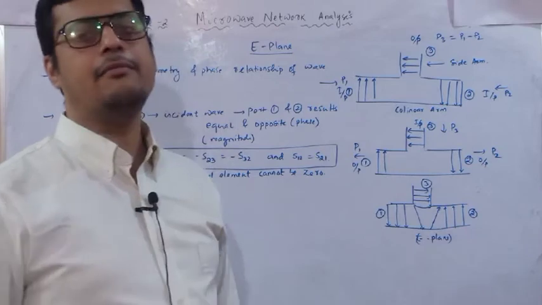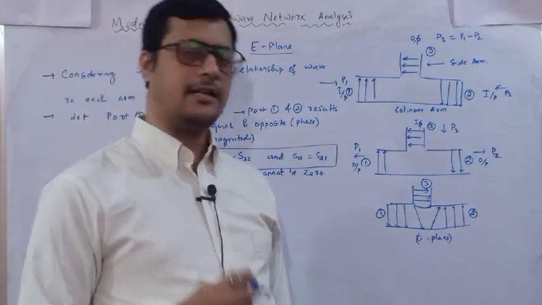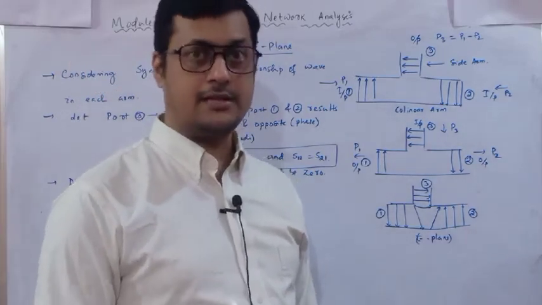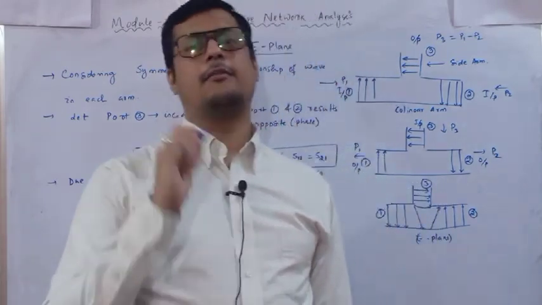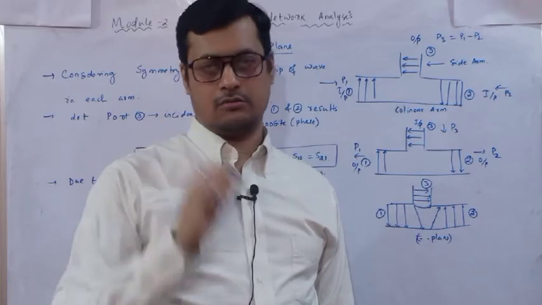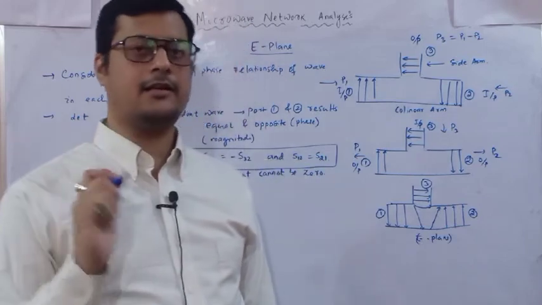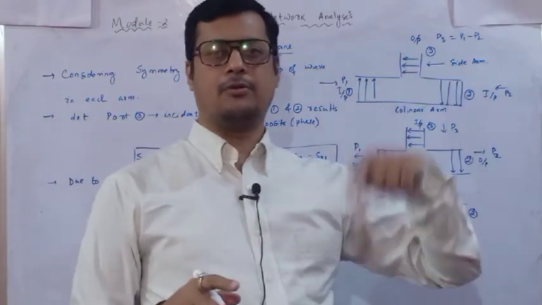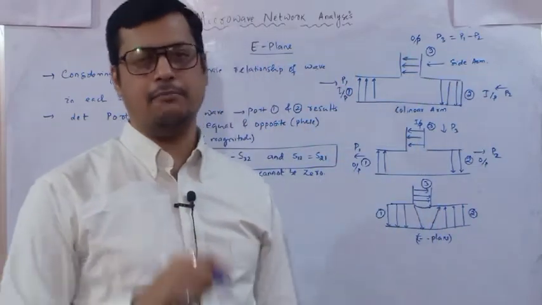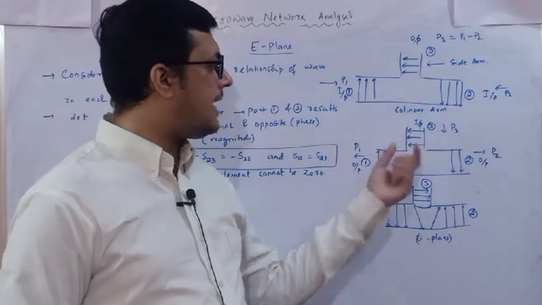But how to identify the S matrix for that? S matrix means scattering parameters, because as we have seen in our signal flow graph, each port is represented with a node, with the incident and reflected points, and the relationship between port 1 and port 2 is identified with the scattering parameters. Now these scattering parameters